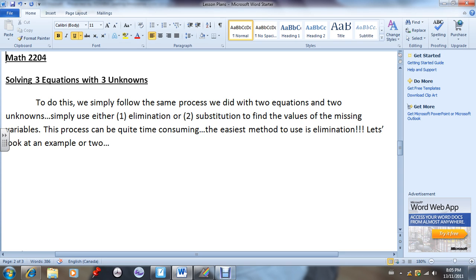Now, solving three equations with three unknowns. To do this, we simply follow the same process we did with two equations and two unknowns. Use either one, elimination,